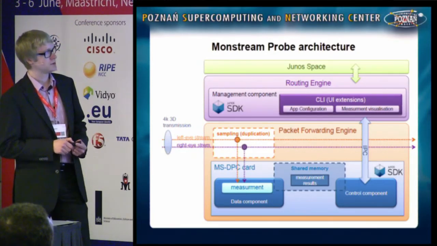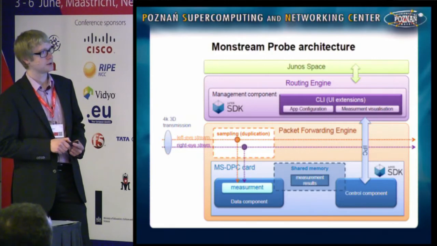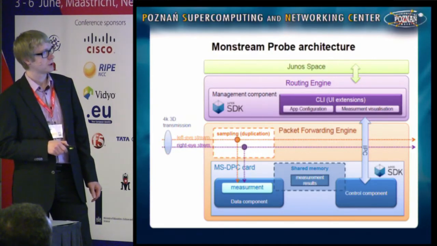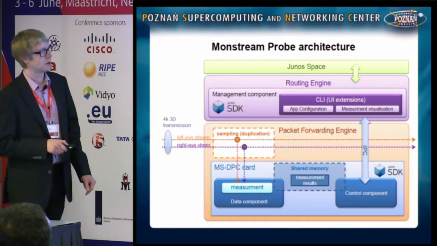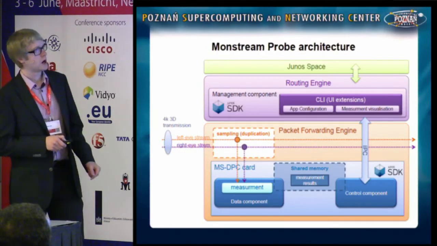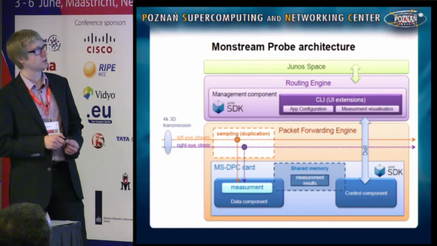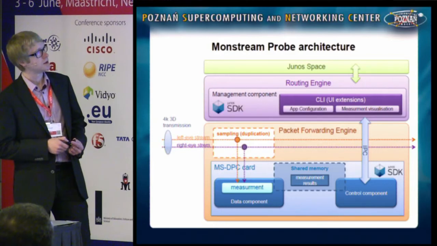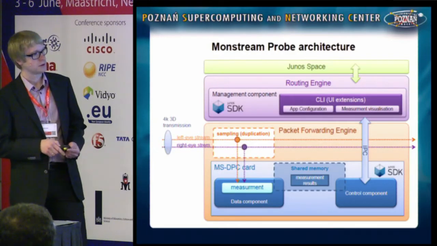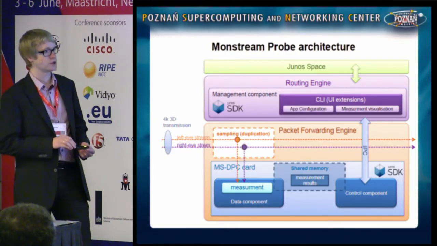Each packet in the streams is duplicated inside the packet forwarding engine of the Juniper router. Copies are sent to the MSDPC card and measured here by one component, and measurement results are provided up to the routing engine to the second part of the MonStream probe, and of course you can check these results by CLI,